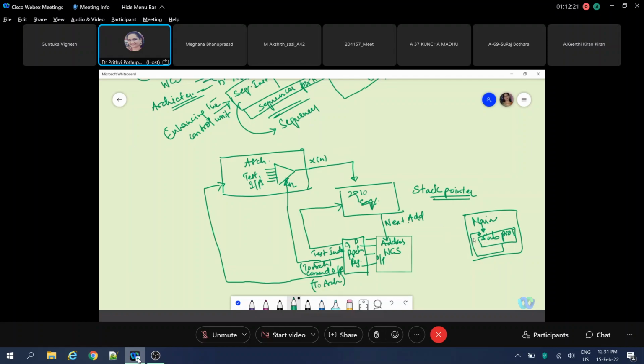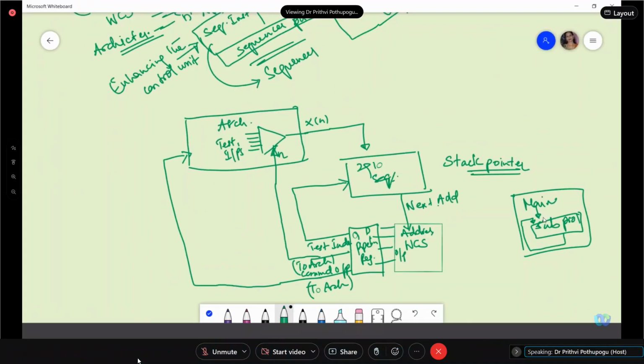That means there should be one provision for you to store or memorize the breaking point at which the main program was interrupted, and you have to give the address of that point, so that your program will come back to that interrupted point once it completes this subprogram. That will be provided by the stack pointer. Your stack pointer gives you the information regarding all the addresses. So this has a 5-word stack,